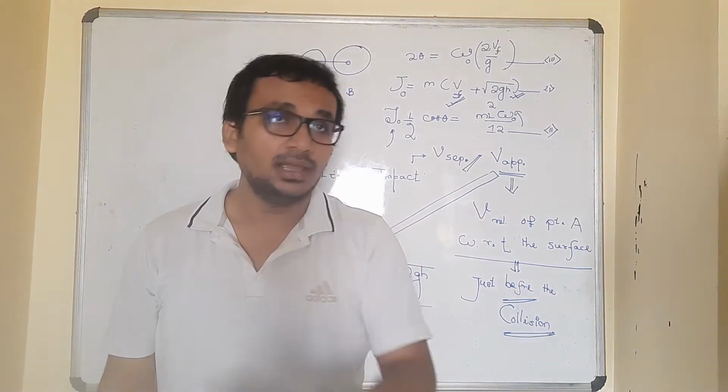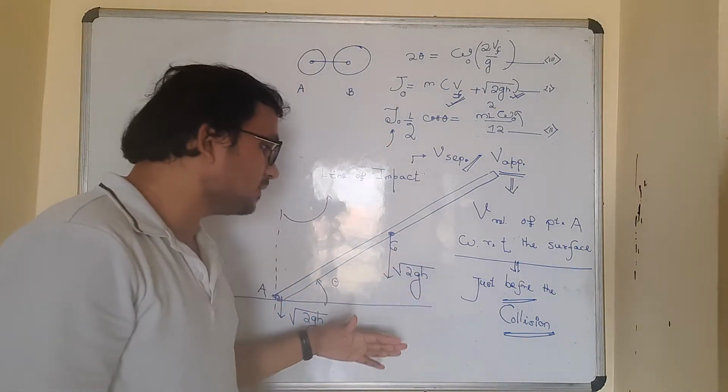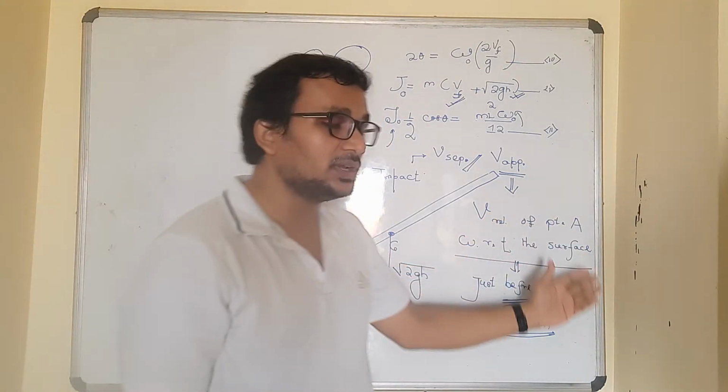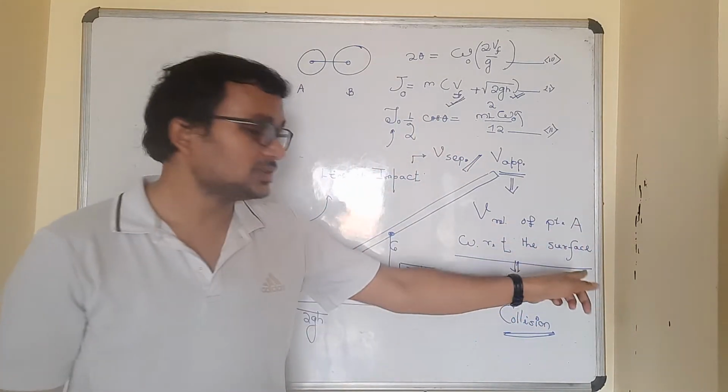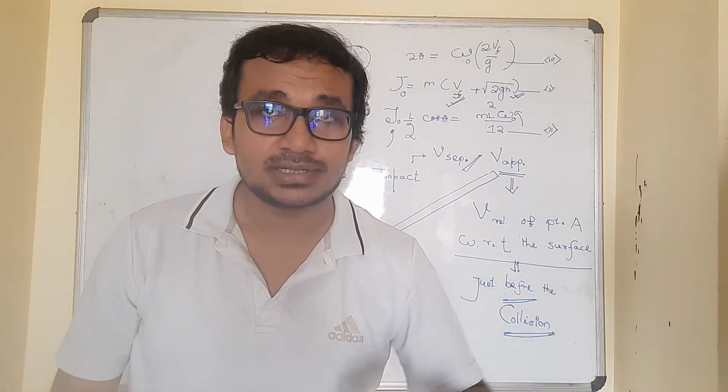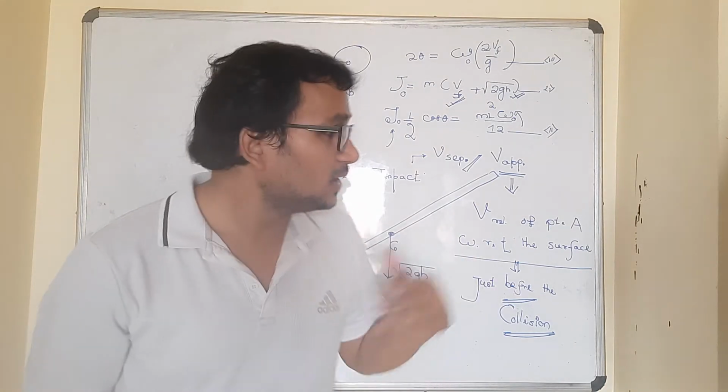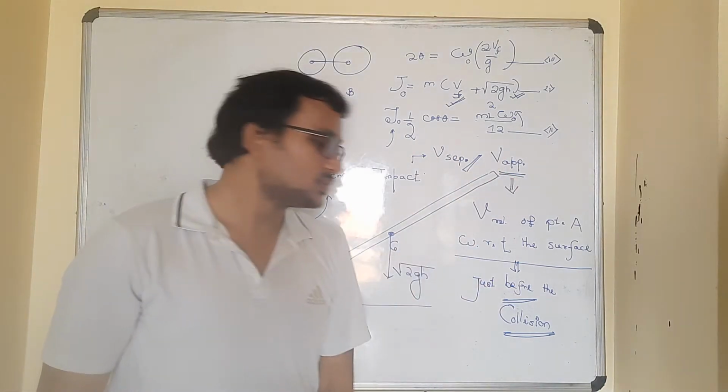Yes? So we'll be calculating the velocity of one body with respect to another if two bodies would have been colliding. And here, one body is colliding with the surface. That's why we are taking the velocity of the point which is making the impact with respect to the surface. And when? Just before the collision, because we are calculating the velocity of approach.